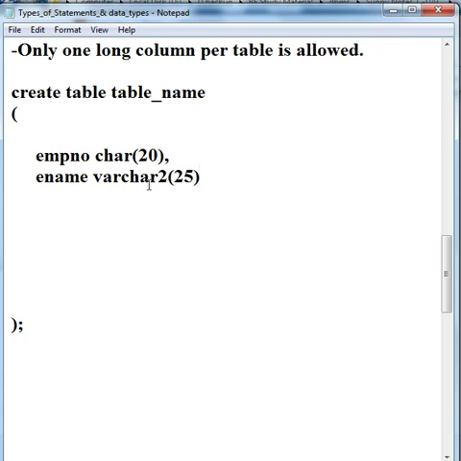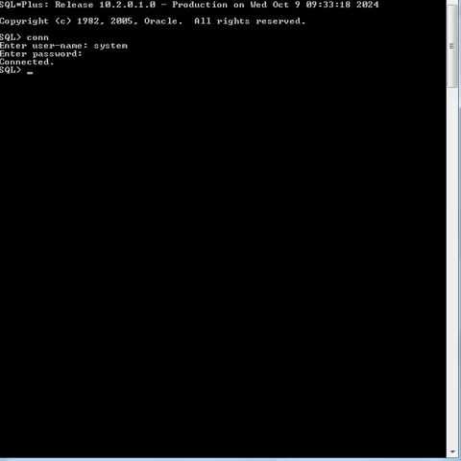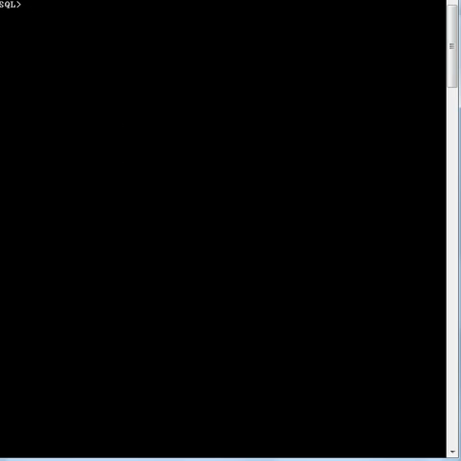Okay, let's take an example with SQL. So we are connected. Clear screen. Now for creating a table we give the command create table, then the table name.